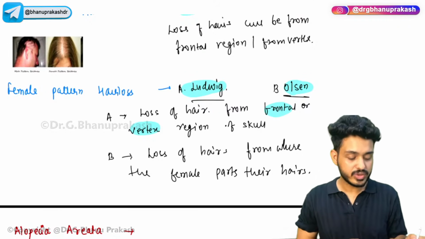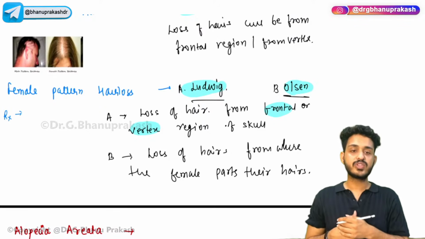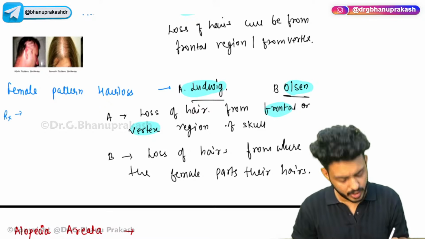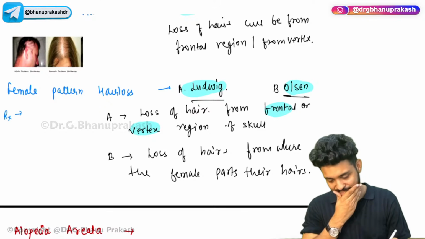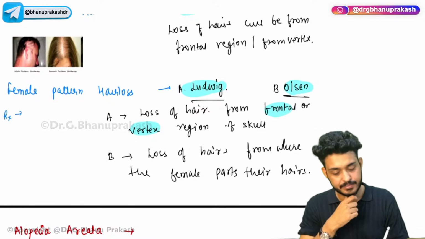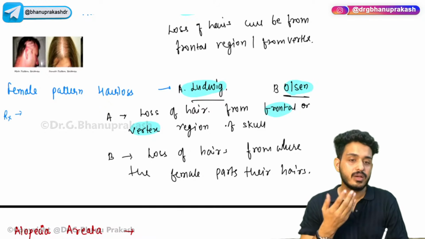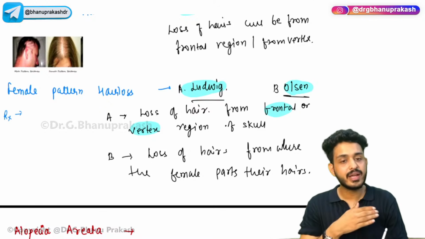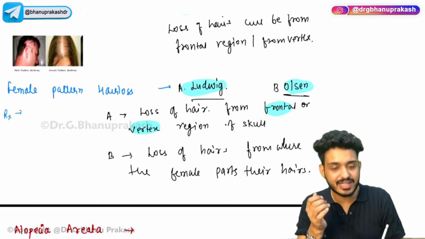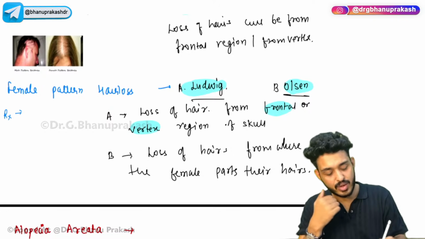Okay, how do you treat this particular situation? Please try to answer the drug. These are androgenic alopecias due to androgen. So what are the androgens that are causing it, right? And how do you stop those androgens? That is, testosterone is converting into dihydrotestosterone. How can you stop that? We can use a drug that is a 5-alpha reductase inhibitor. You already know the answer. Please try to answer. That is your